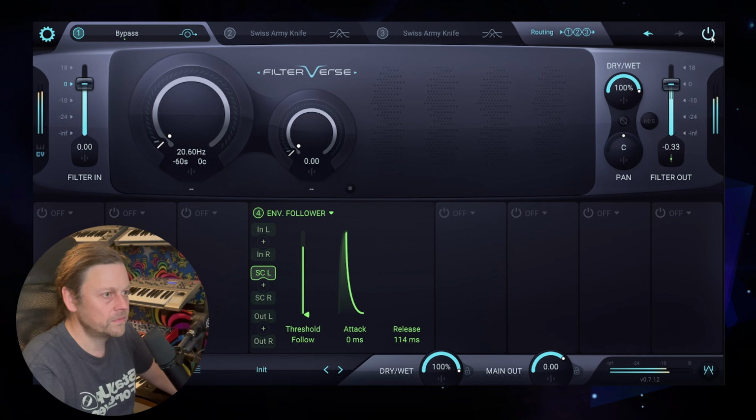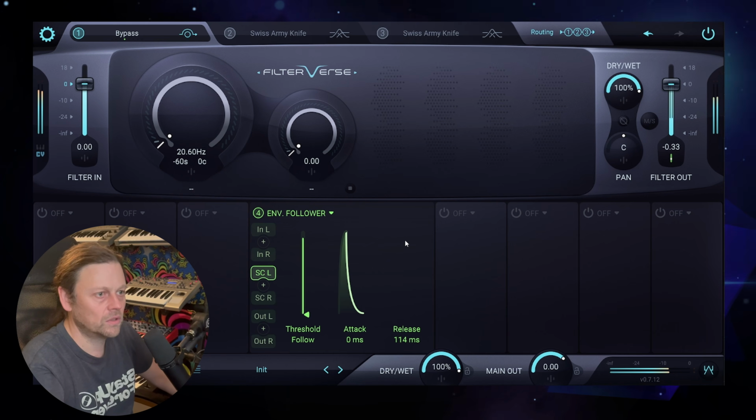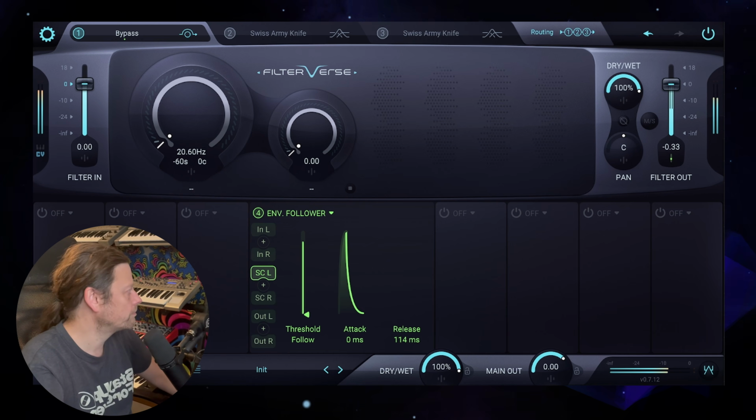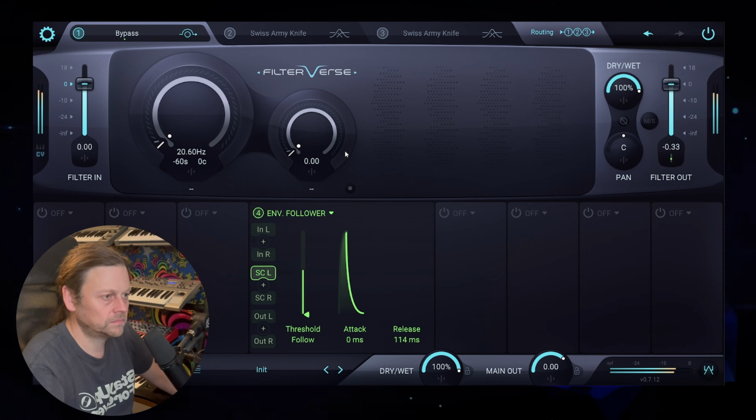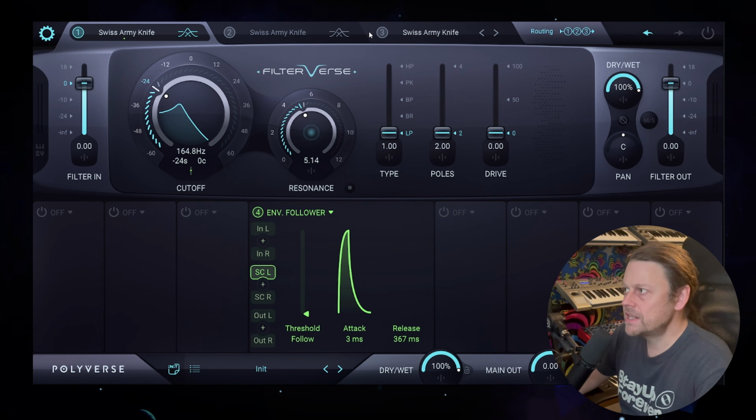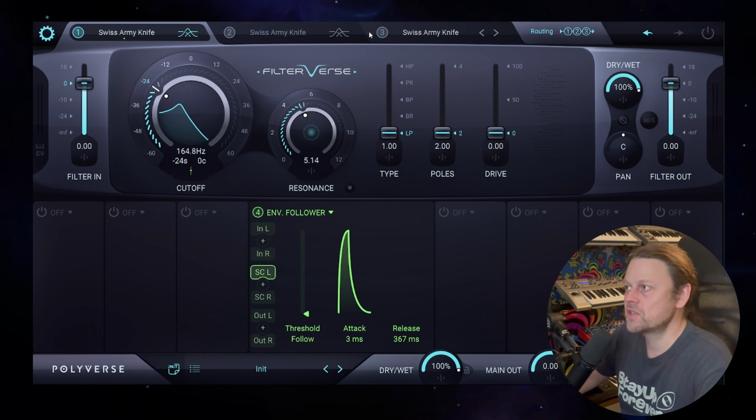Or with Filterverse off. Or now ducking with the loop. There we go. So moving on to the next example now, we're going to use the same concept essentially, but